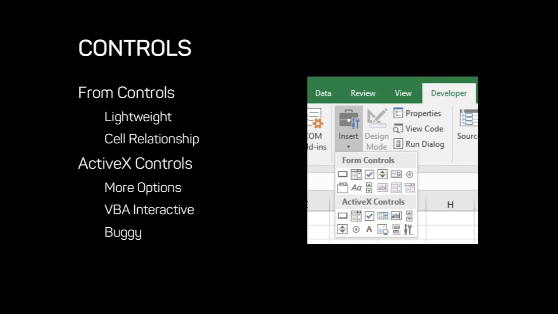ActiveX Controls, on the other hand, are for very VBA-heavy applications. Well, at least that's what we've been told. And the reason we've been told that is because they allow you to do things like double click, right click, shift click, left click. With that, however, is a lot more weight. So yes, they have more options, and yes, they interact with VBA really well, but there's also a lot more weight to them. And by weight, I mean they take up a lot more spreadsheet storage and memory,